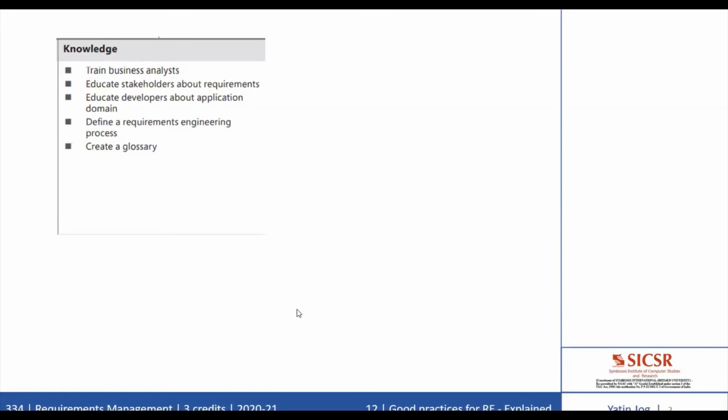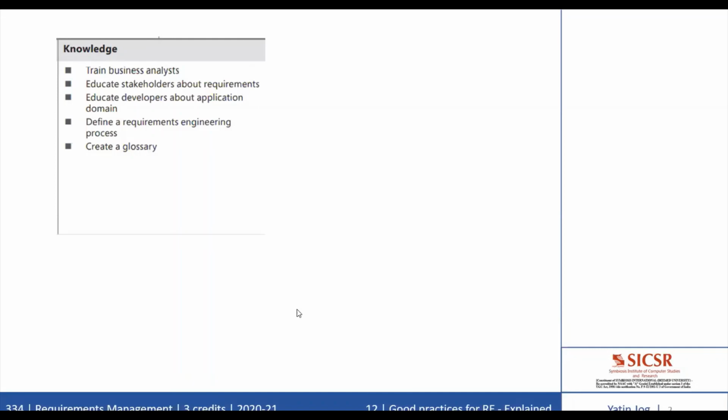The next good practice is to define a requirement engineering process. Document the steps that your organization follows to elicit, analyze, specify, validate, and manage the different requirements. Providing guidance on how to perform the key steps will help the analyst to do a consistently good job. It will also make it easier to plan each project's requirement development and management tasks, including the schedules and the required resources. The project manager should incorporate requirement activities as discrete tasks in the project plan.